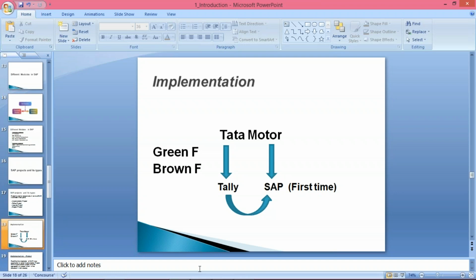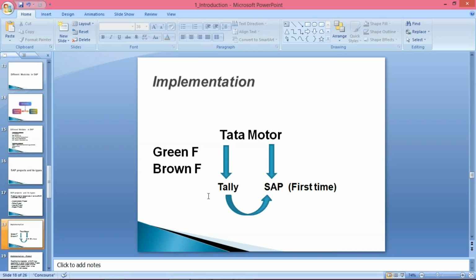Now the question is, what is this configuration, and how do we do these configurations? All these questions will be resolved once we start the practical session. Once the practical session starts, we have to start from configuration itself. Several configurations we have to do. You are going to be perfect in terms of configurations. Don't worry, because the practical session has not started yet. First of all, certain theoretical topics are there. Once they are finished, then only the practical session will be started. So this is all about implementation project.